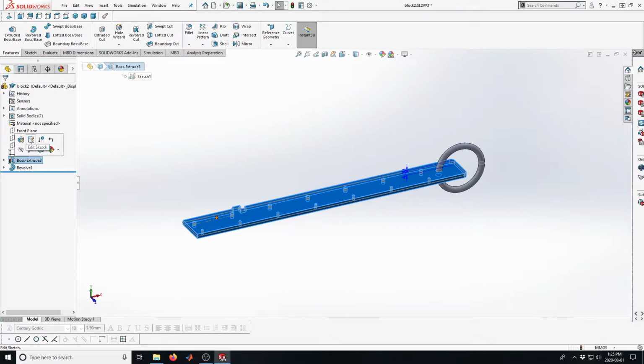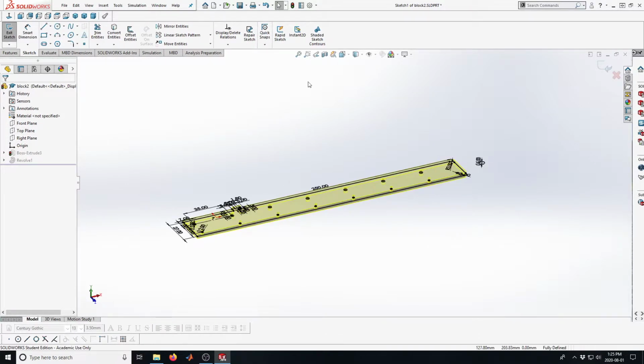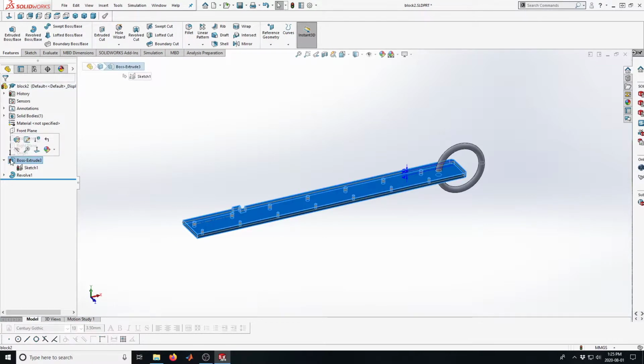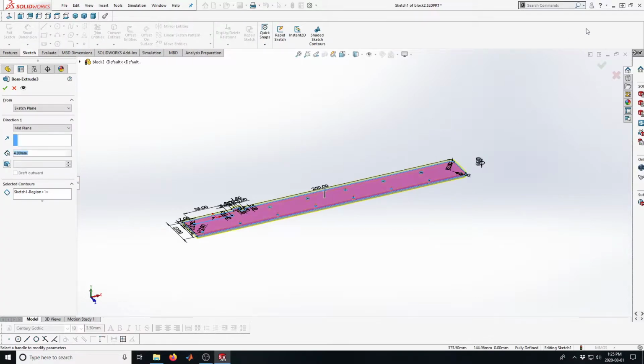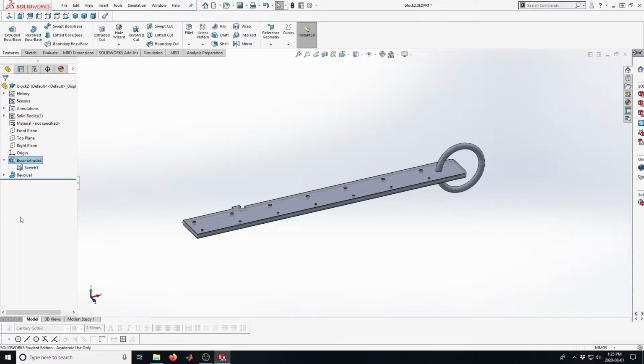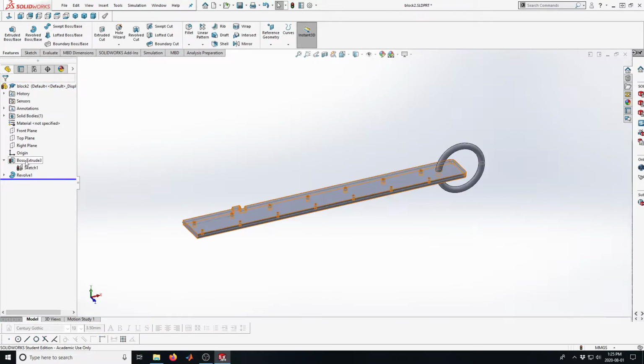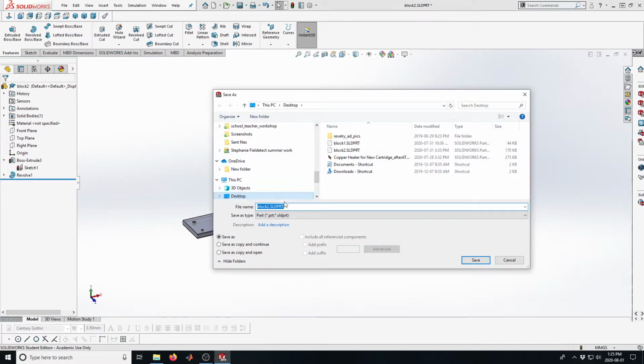You can open up the sketch and close it again. You can open up the part and save it again. And usually one of those things will take that rebuild thing away. You can also go and save it, and that will usually fix it. So for instance, I'll go back, I roll this back, roll it up again, and we show that those are needing to be rebuilt. Well, if I go save as,